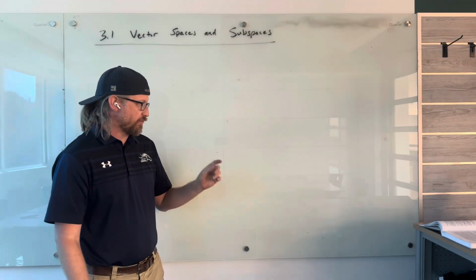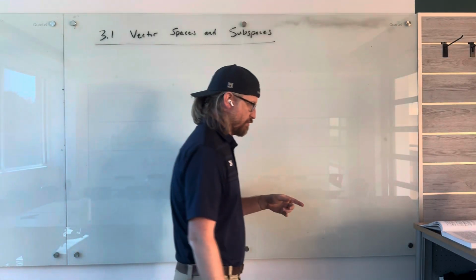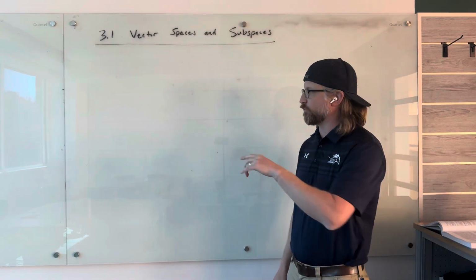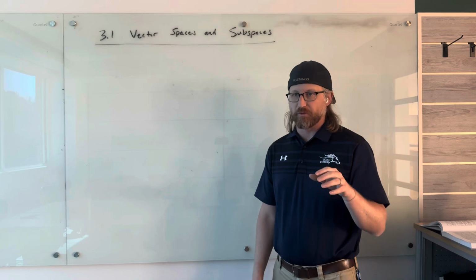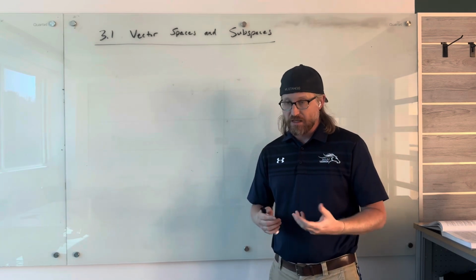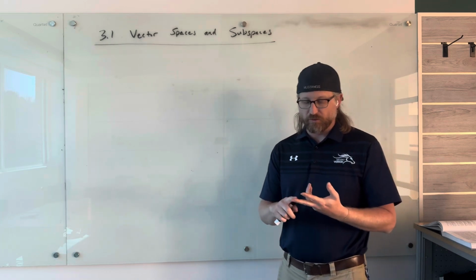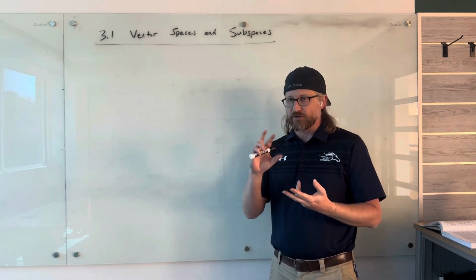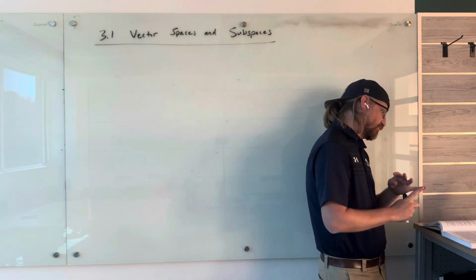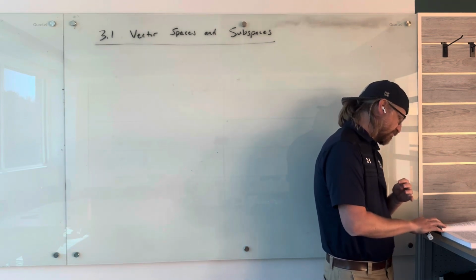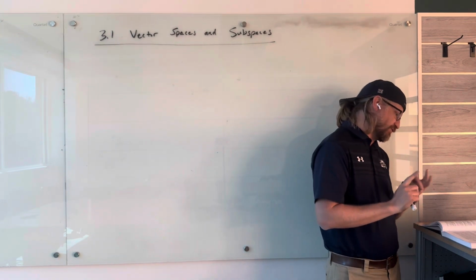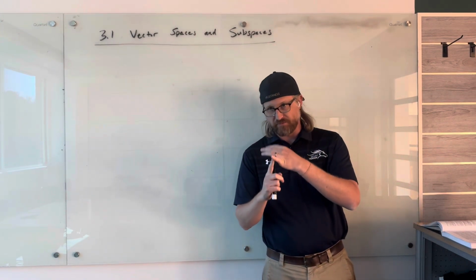Welcome back. We are now working in chapter 3 of the linear algebra book, starting to get into the 4 fundamental spaces within linear algebra. What we'll end up finding these spaces to be is the column space, the null space, and then we start looking at A transpose. So the null space of A transpose, and then the column space of A transpose, and digging into those spaces, column space, row space, null space, and then null space of A transpose